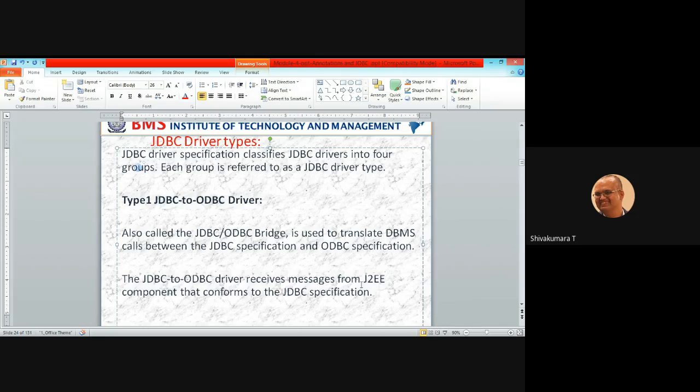The client might use Java technology, and if you want to connect with a backend database, that backend database might be MS Access, a Microsoft-based database. In that case, you need to use this JDBC to ODBC driver specification to connect the application with the database. This is the type 1 driver, the JDBC to ODBC driver type.